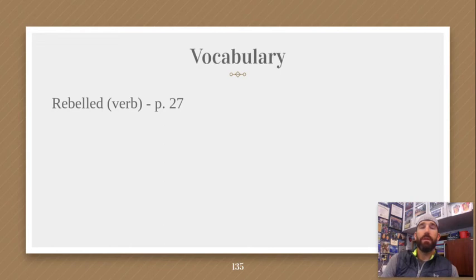We've got 2 words today and then a write and response to reading question. Our first word here is the word rebelled, and rebelled is found on page 27 in your text. It is a verb, has a verb ending of ed, which lets us know it's a past tense verb, something that happened in the past. And on page 27,